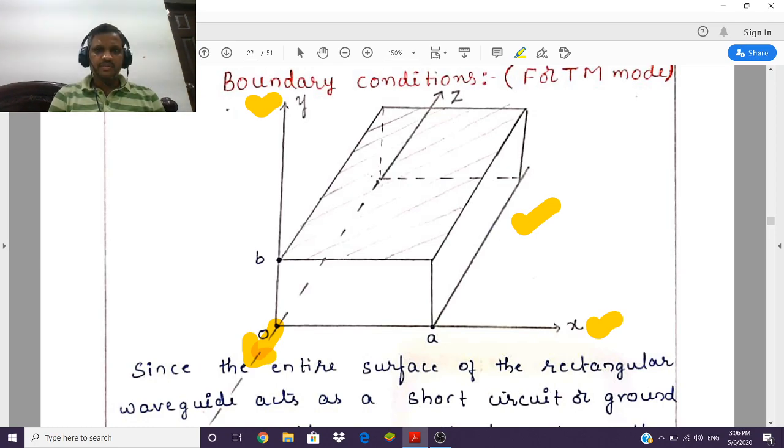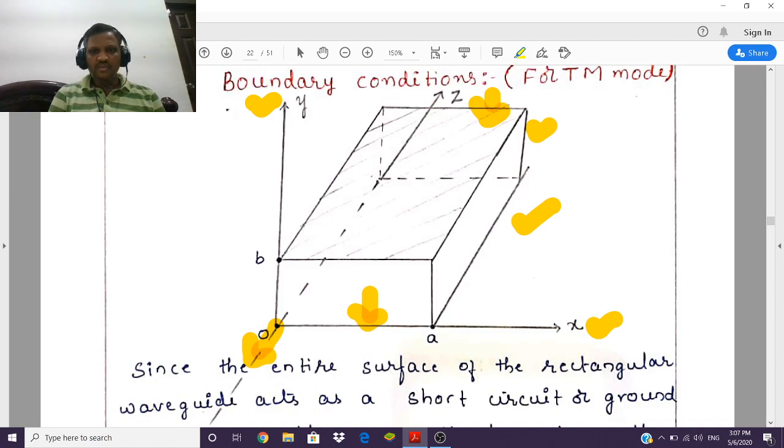That's the reason I have represented it as going into the screen, but it is coming towards us. So imagine a rectangular waveguide exactly in the z direction, where the wave enters from this direction and comes out from this direction, because this particular face will be exactly the end of the z direction, and from there the wave enters and from this direction the wave comes out. So this is how we start.